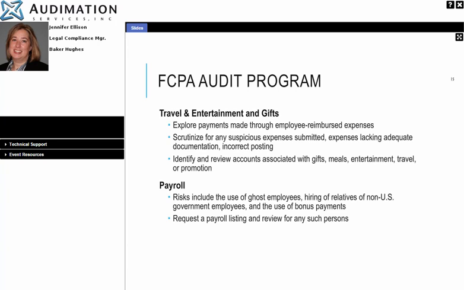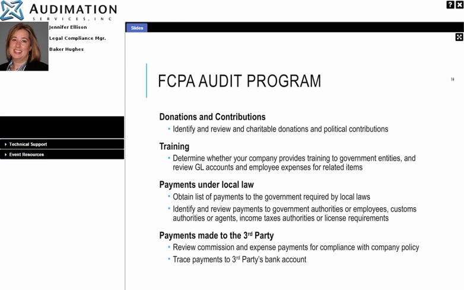The next thing is that we look at payroll to do the best we can to see, and we also conduct interviews as to whether there are any government officials or anyone related to a government official on the payroll. The next slide, for donations and contributions, again, I know we keep saying this over and over, but